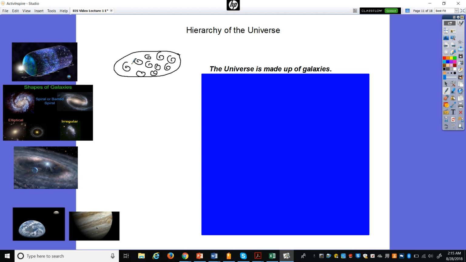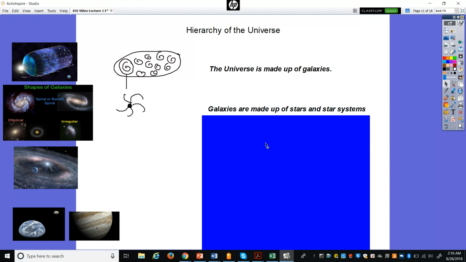And if I were to then take one of these galaxies, our next step down is going to be galaxies are made up of stars and star systems.